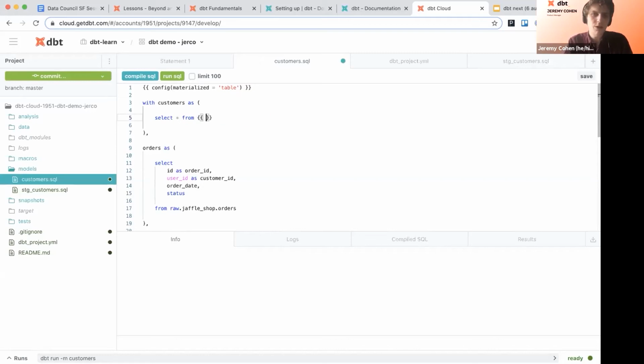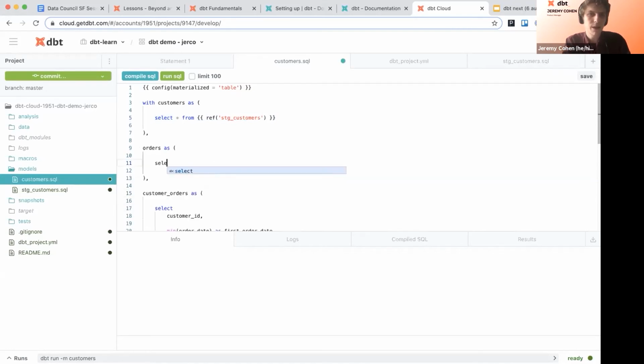Well, dbt's got a construct for that. It's the ref function. It's arguably the most important thing we've got. And this will dynamically compile out to whatever the right version of the model is for the given environment, for the configurations that I've given. Select from ref stage customers.